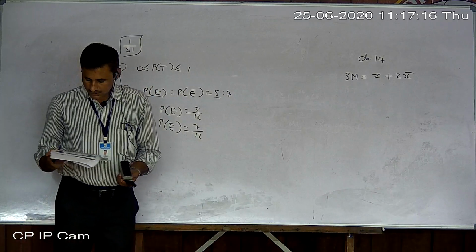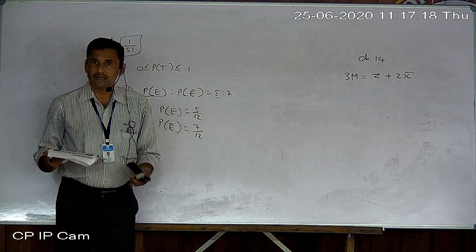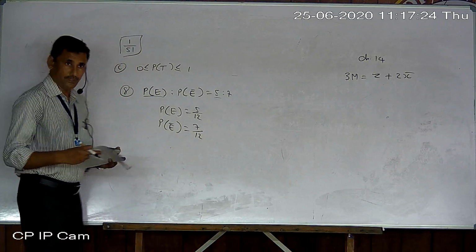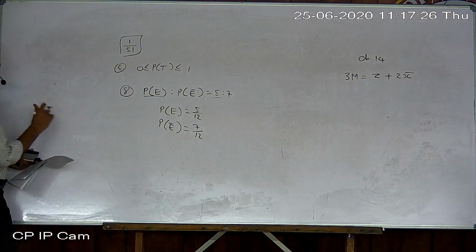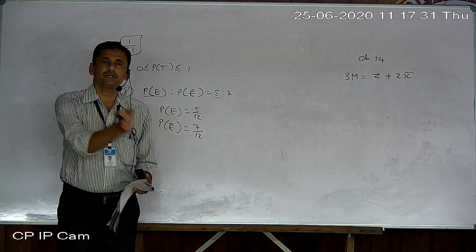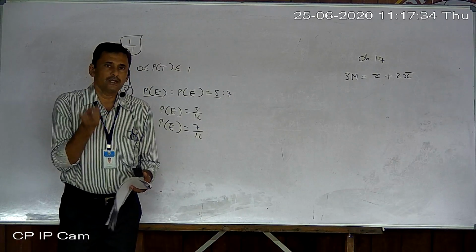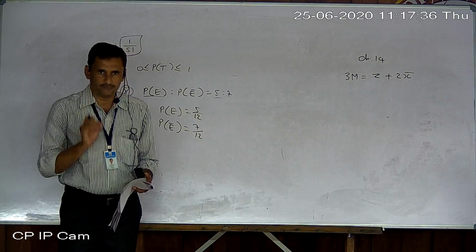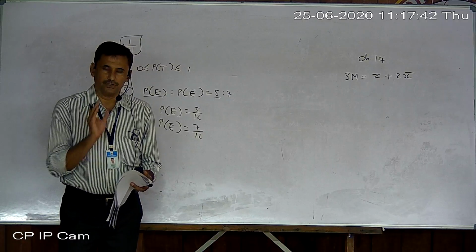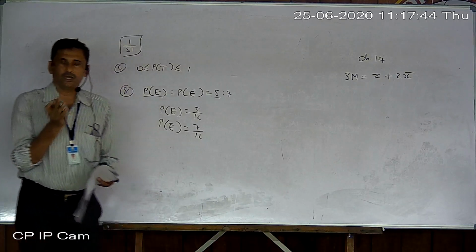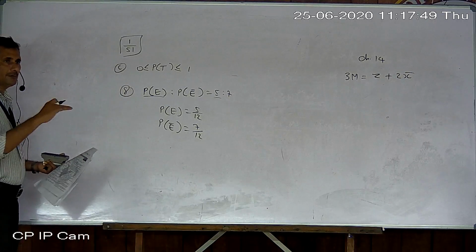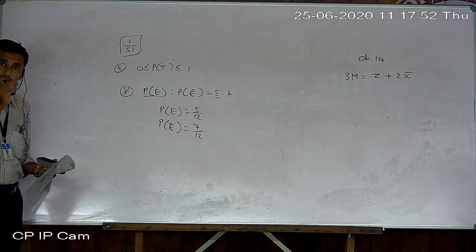Now, questions related to days. In a year or in a month, what is the probability of getting a particular day? In a month, they always ask about a 5th-time repetition, and in a year, they always ask about 53 times repetition of a particular day. Why? In any year, 52 complete weeks are there, and in any month, 4 complete weeks are there. So always they ask regarding either 5 or 53 times repetition of any one day.